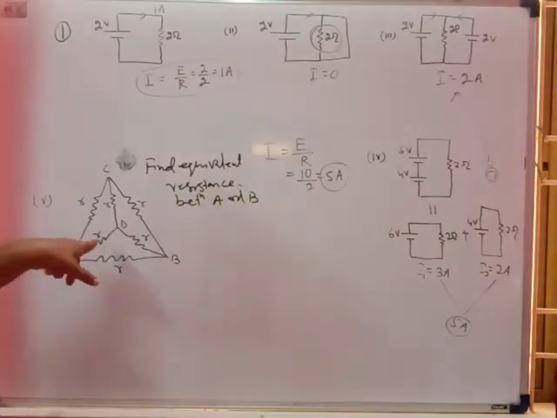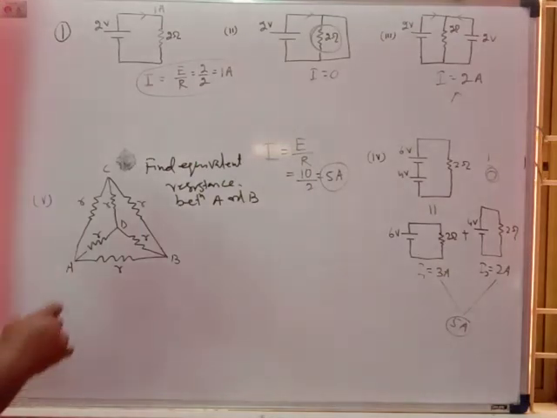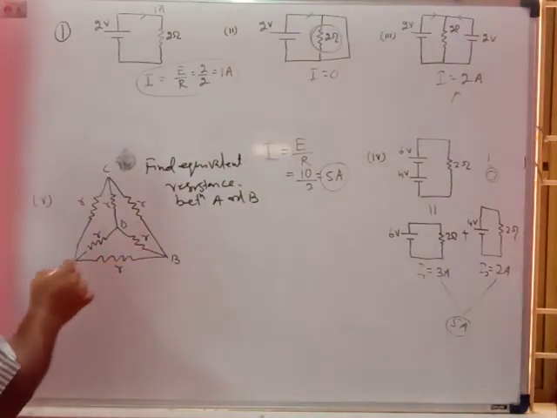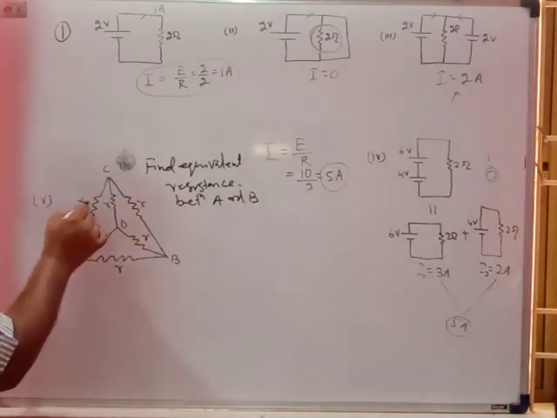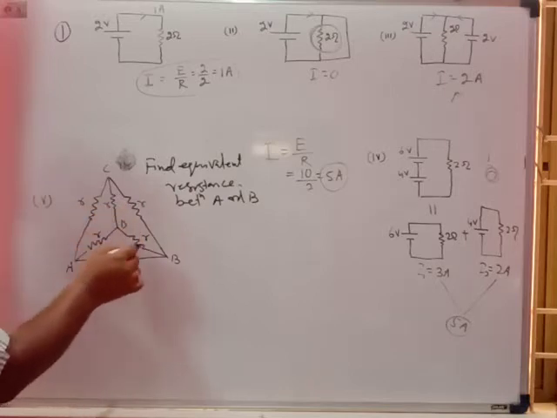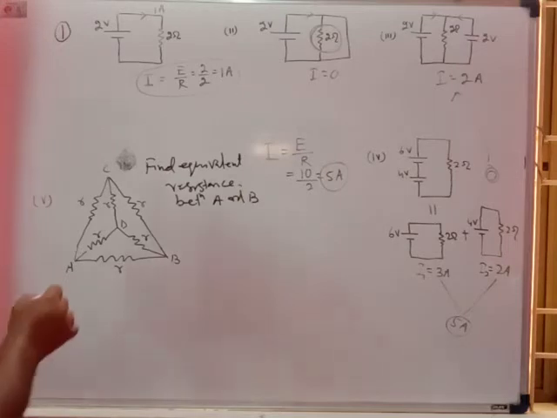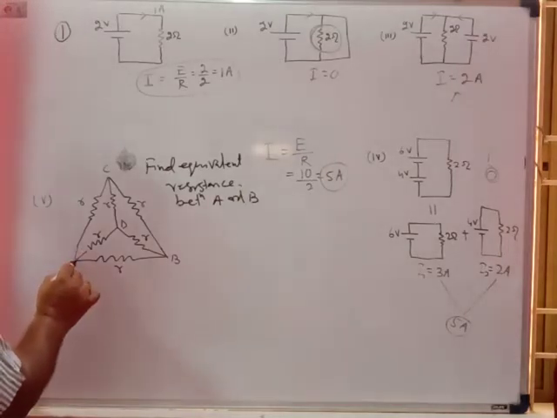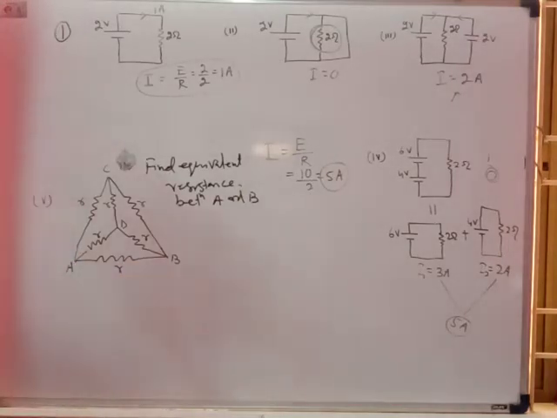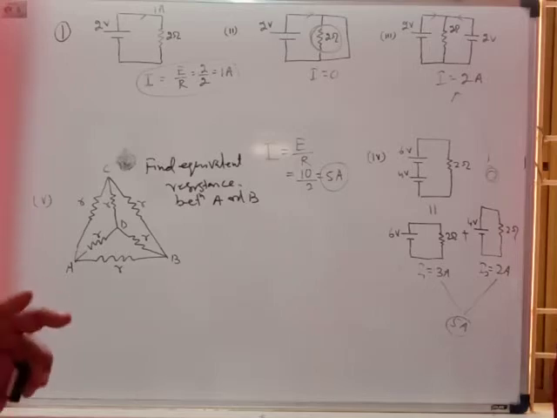You look at the circuit first. How it is connected: it is in the form of a triangle like that. The resistors are connected in all the different parts, and you have to calculate the equivalent resistance between A and B. So how can we calculate it? Neither is it directly in parallel, nor directly in series. So in these cases, you have to follow one easiest process. What is the easiest process?